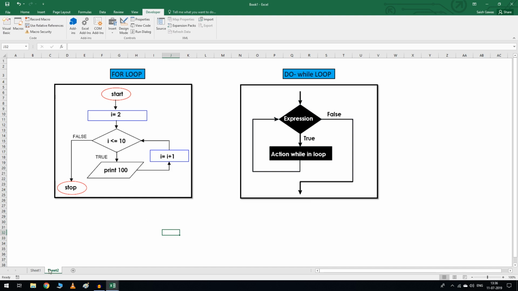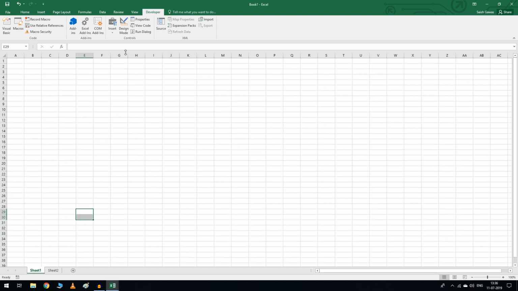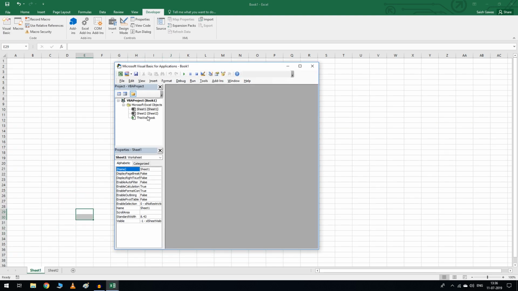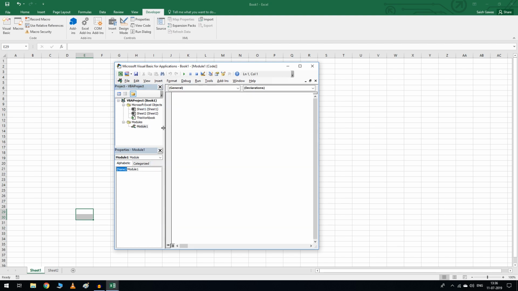So these are the block diagrams for our for and do while loop, and let's go ahead and write a program now to understand it a little better. I'll go ahead and insert a module. I'm going to insert two modules, one for our for loop and one for do while. I'm just going to name this as for loop,